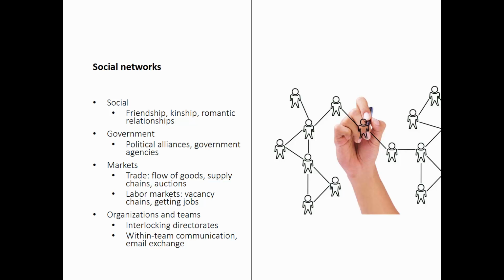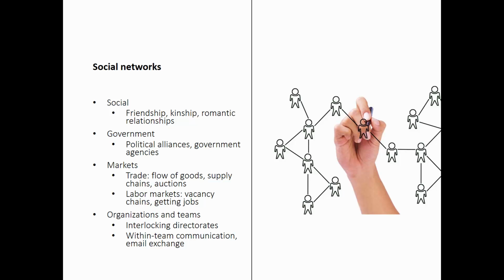You find social networks when you look at markets, at the flow of goods. These days, look at the flow of migrants in Europe. That's definitely a network. Where do they come from? How do they go through? You see how now the actors are different units, it can be countries or cities. It doesn't have to be just individuals. You can look at labor markets. You can also look at organizations and teams, interlocking directorates.